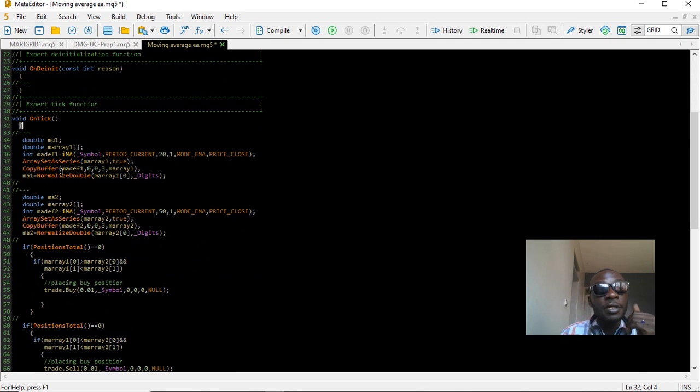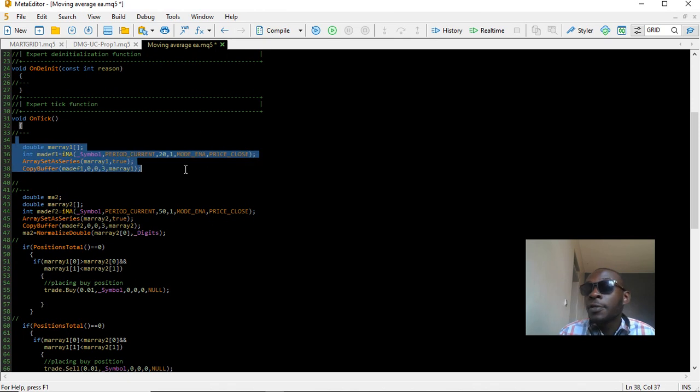In the OnTick function, we actually don't need this one. And also even this one. In the OnTick function, we got the values of the small moving average. In this case, we're using period 20. So we're using an exponential moving average and using price close. To do a simple recap,